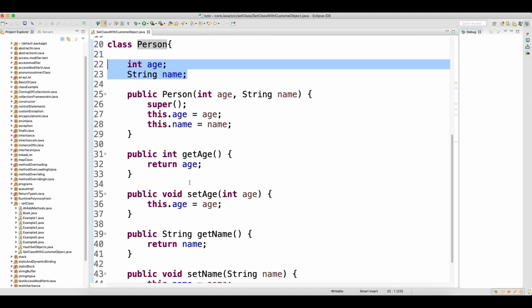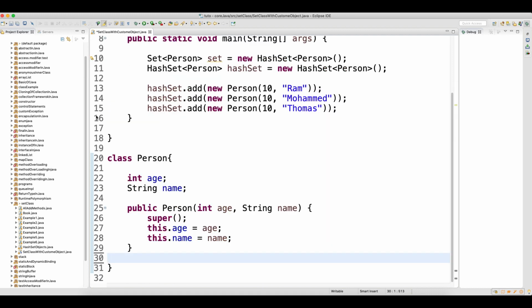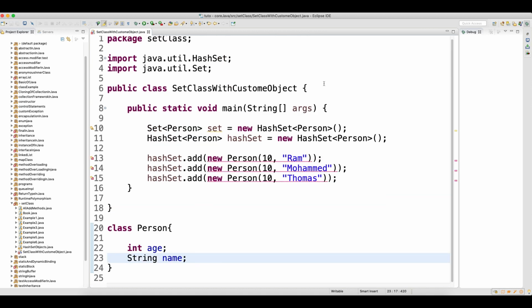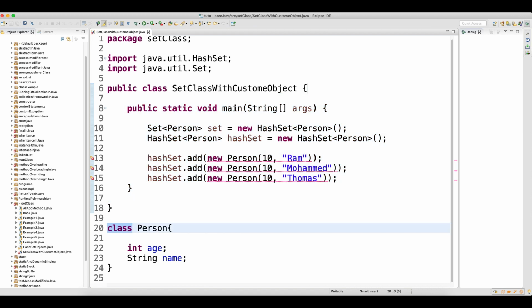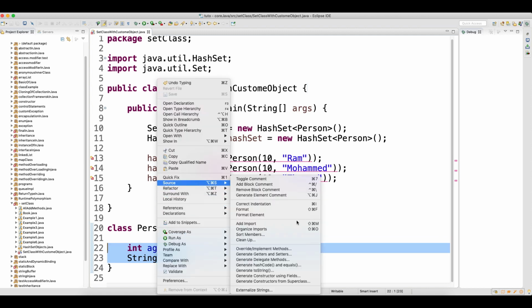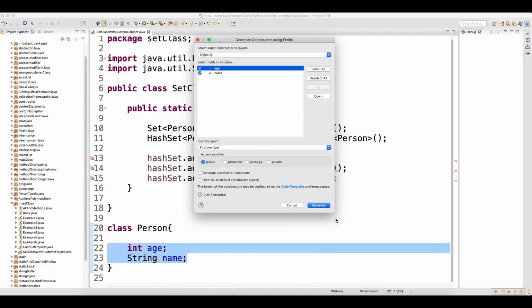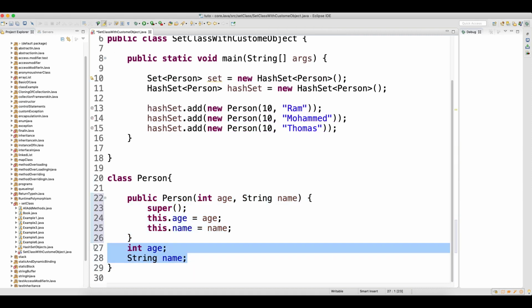By now you might be familiar with how to make getters and setters. I will show you one more time. In fact, I will show you from the beginning so that you will not have any confusion. You can see that this is the starting of my class, this is the ending of the class. I'm coming outside of the class, I'm writing the Person class, okay. Select this, then right click, go to Source and click on Constructor using Fields. Click on that, select these two fields and click on Generate. So automatically a constructor will get created.